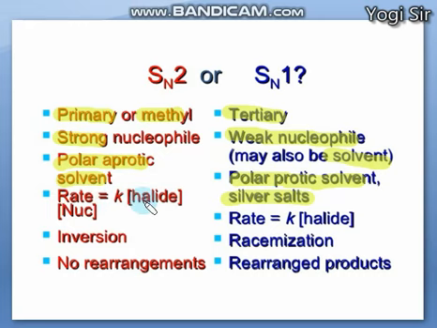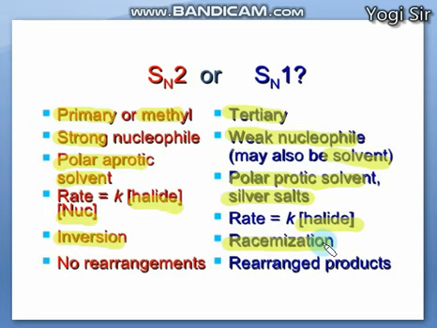Here SN2 depends on both alkyl halide as well as nucleophile, so it is second order, while SN1 depends only on alkyl halide, so it is first order. Similarly, here there is inversion that we discussed in the previous session as Walden's inversion, right? We also saw the example of the inversion of an umbrella, that is, Walden's inversion is taking place here, while here there is racemization. Now I'll discuss what a racemic mixture is.